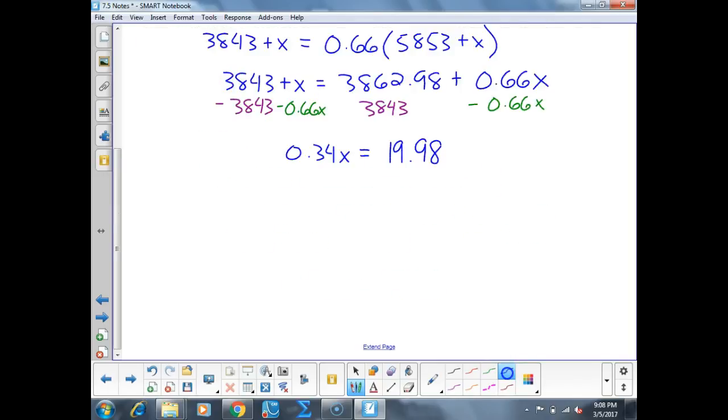Dividing both sides here now by 0.34 gets me x equals